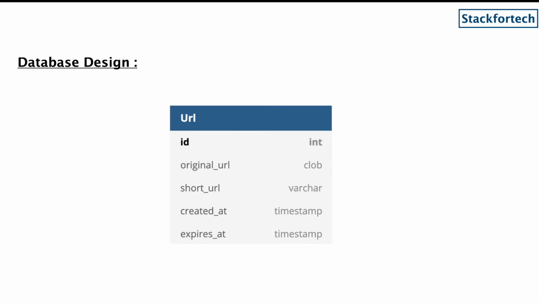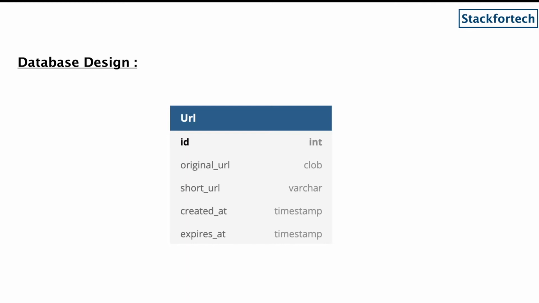Now let us see the database design. Before moving into the database design, let's first discuss which kind of database we need. Since we are anticipating storing billions of rows and we don't want any relationships between the objects, a better choice would be a NoSQL store like DynamoDB, Cassandra or MongoDB. There is no point in using MySQL here because there is no relationship required in this application which we are developing. However, just for the scope of this video, I will be making use of an in-memory H2 database because it's easy to set up and demo. But you are very well free to choose any MySQL or NoSQL database of your choice.